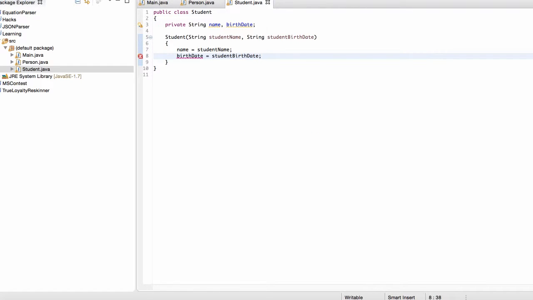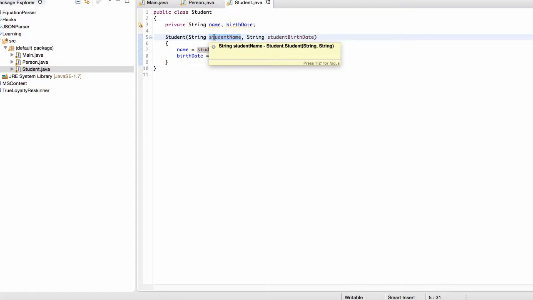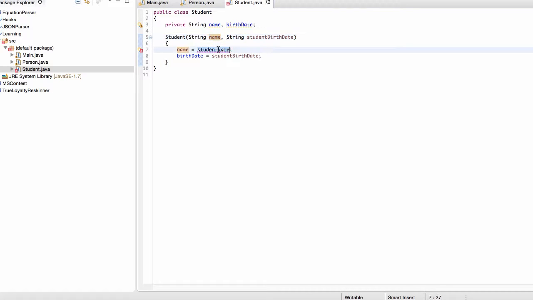Alright, so if you've been following these lectures, you've noticed that I've made it a point to name these parameters different from the name of my instance variables. So for example, we have the name variable here, but we're referring to the parameter by student name. We could do something like this, and name this parameter name. The problem is when we do this, Java doesn't know which name we're referring to. Are we referring to this global kind of instance variable up here, or are we referring to this name parameter